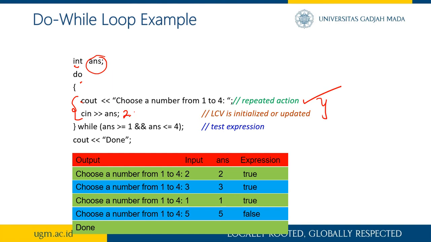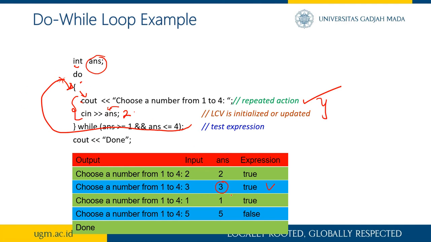So, while ans is more than 1 and ans is under 4, then repeat again. This is the tester. If I correctly input the number into ans here, then it will repeat the process. So it will go into the do while and do this one again, choose a number from 1 to 4. So I will input 3 and it still matches, and then it will go back